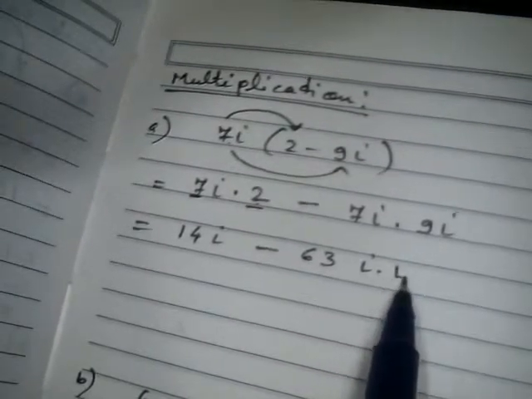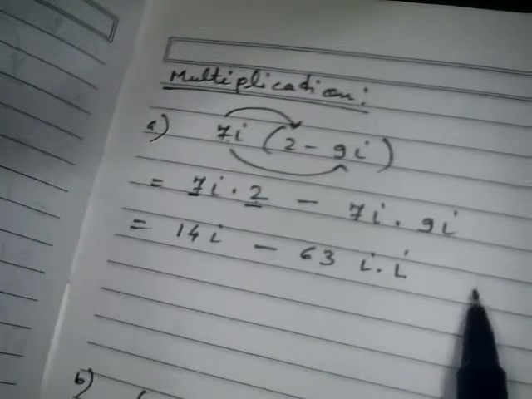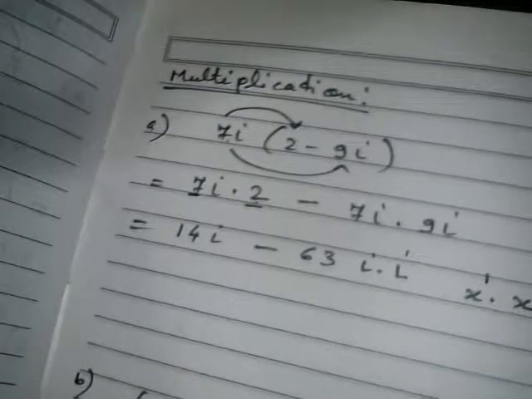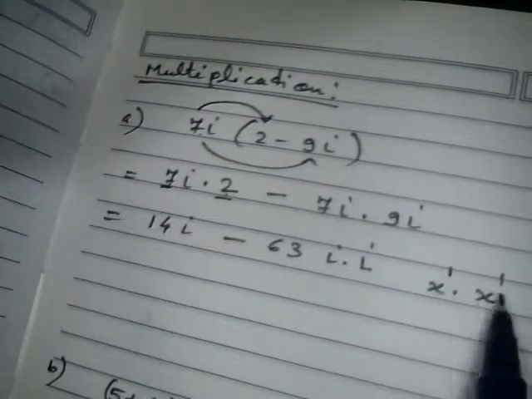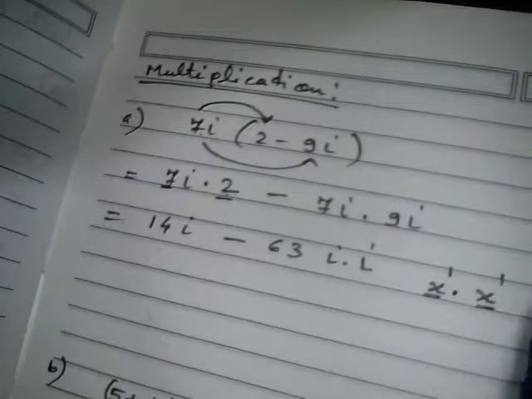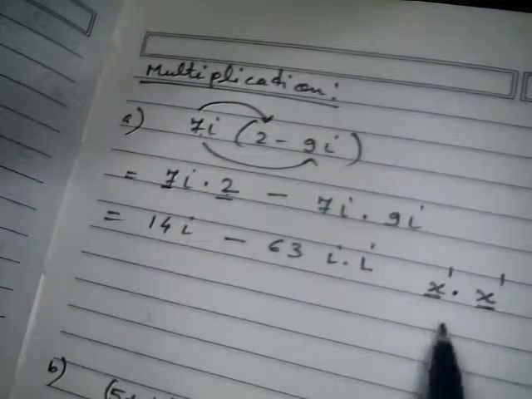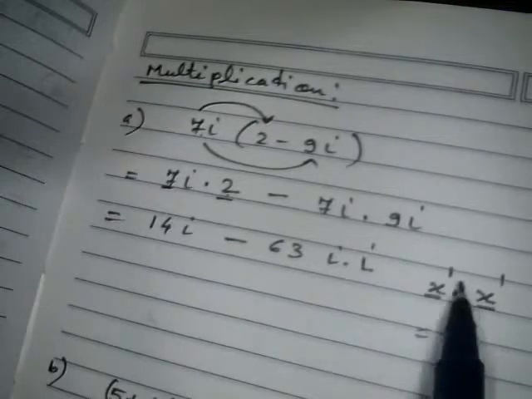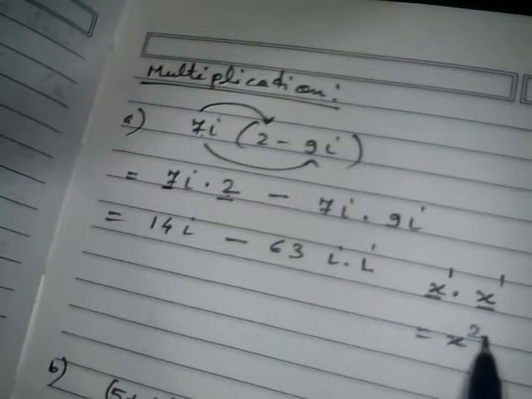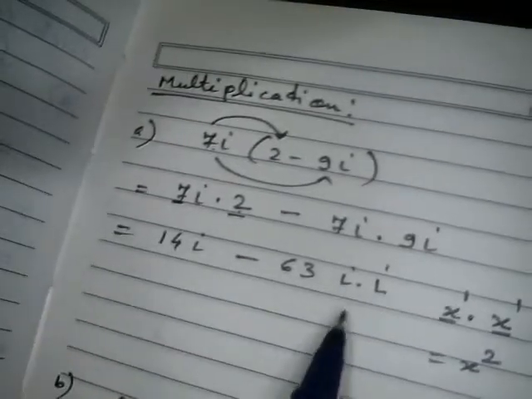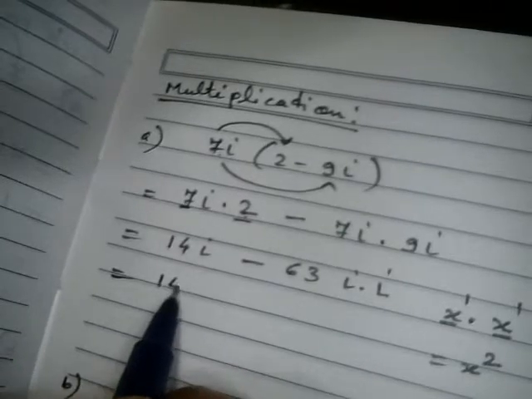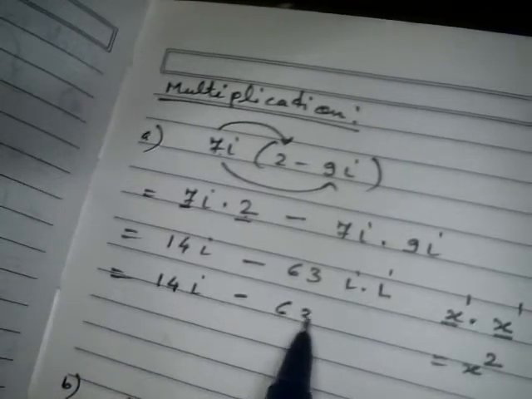Okay, how do we multiply algebraic terms, like x times x? Here the power is 1 and 1. The base should be the same; the power can be different or the same, it doesn't matter. So by the exponent property, we add the powers or exponents. So 1 plus 1 is going to be 2. In a similar way, this also we need to treat as a variable. So when you multiply, this is going to be 63, and i times i is i square.